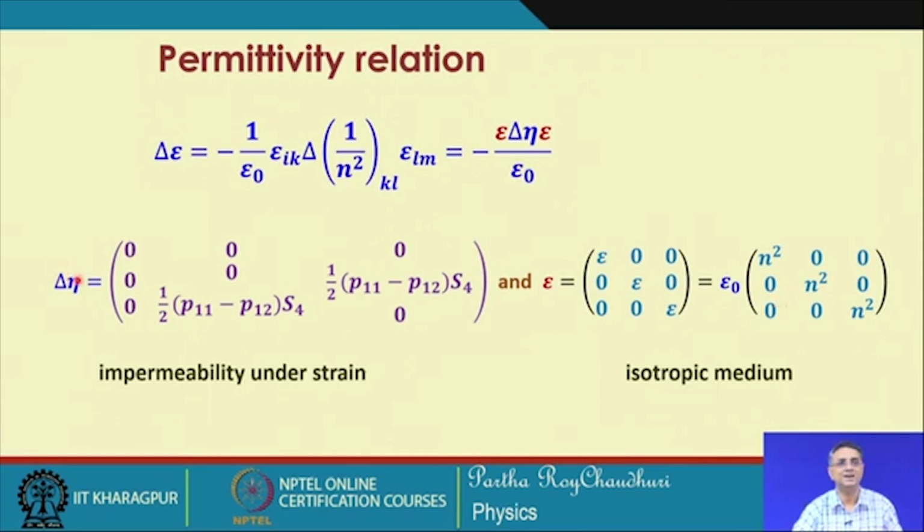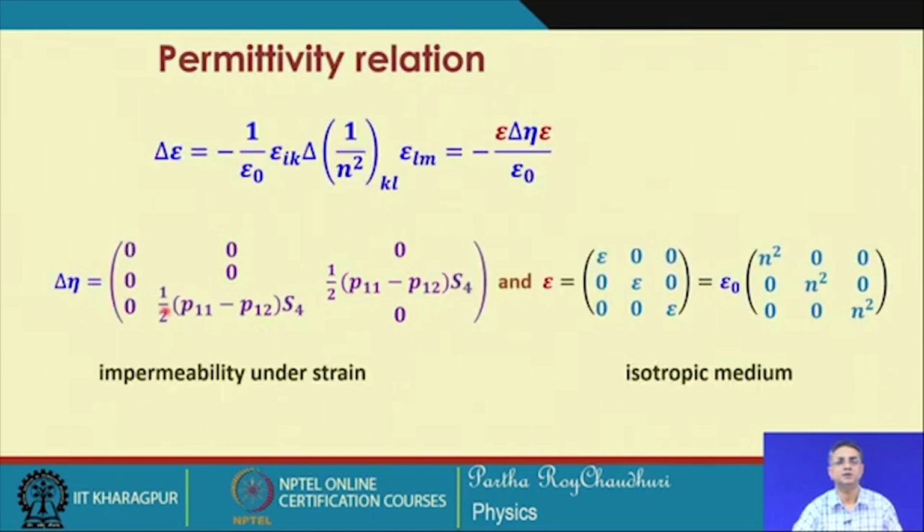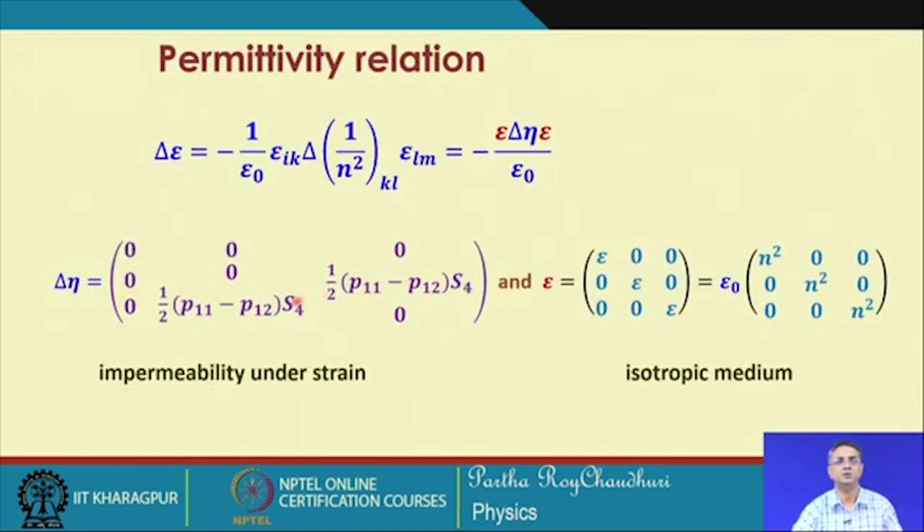So, this delta eta is equal to, from here you can see this will give you only the S 4 multiplied by this component. So, delta eta is equal to this, only delta eta 4 will be there, because this will give you delta eta 1, delta eta 2, delta eta 3, delta eta 4. So, only this delta eta 4 will be non-zero, which will occupy these two positions in the